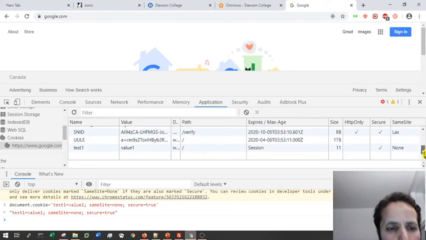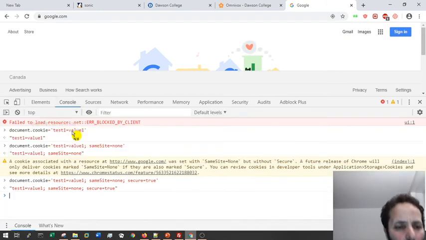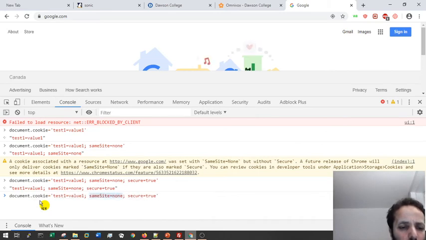Go down here, you'll find it. By the way, here you can sort them out. So you see here, SameSite: no, and I said it's Secure. It's running on HTTPS, so it's going to be encrypted whenever we send or receive the cookie. If I didn't do this, let's see whether it's going to